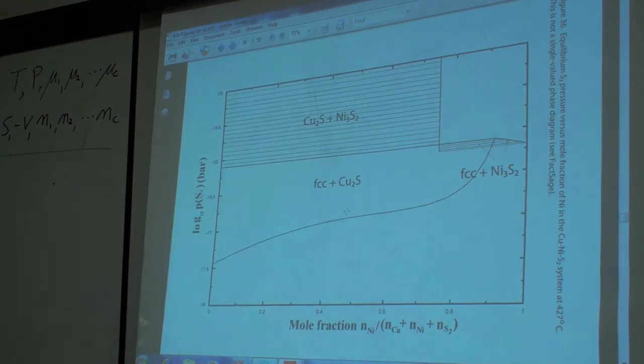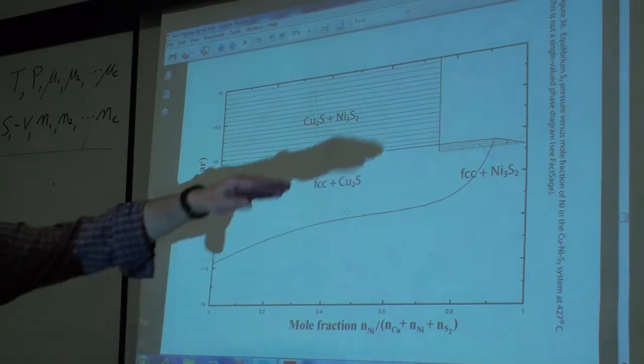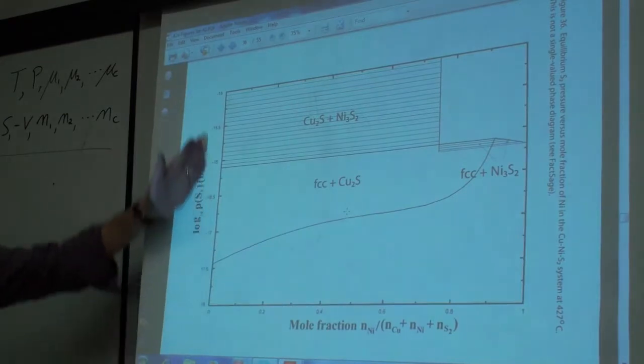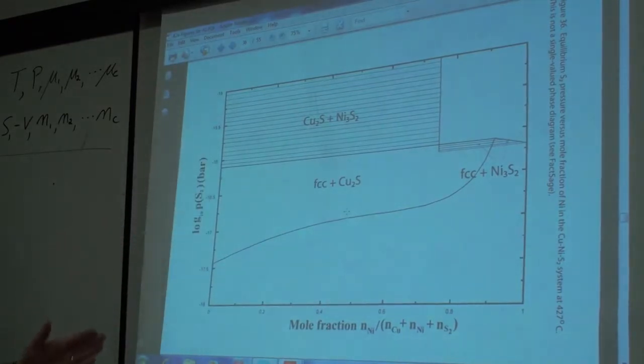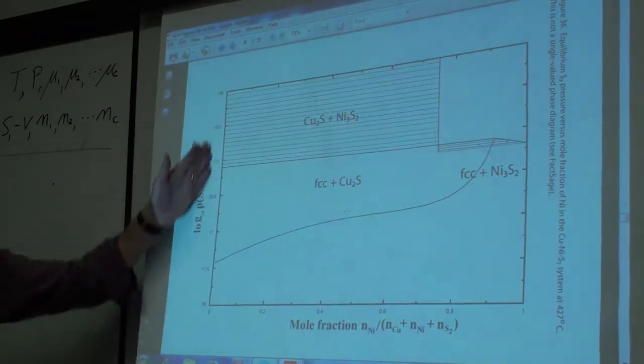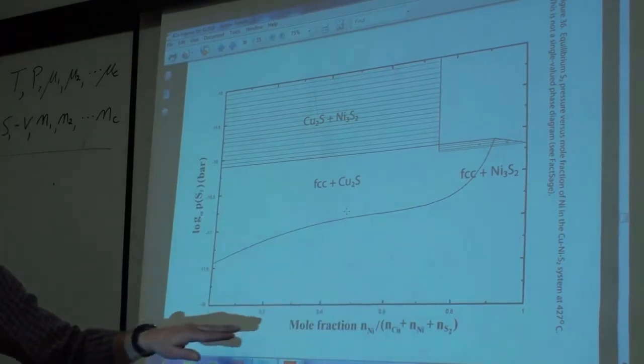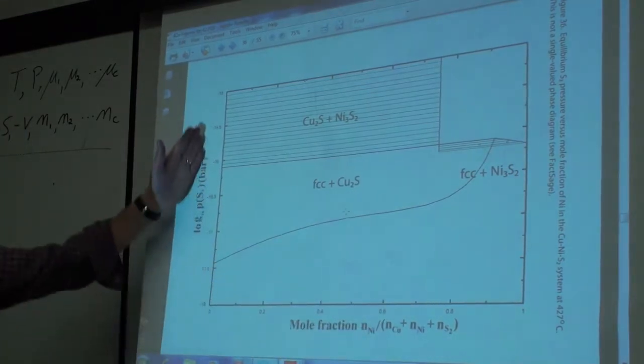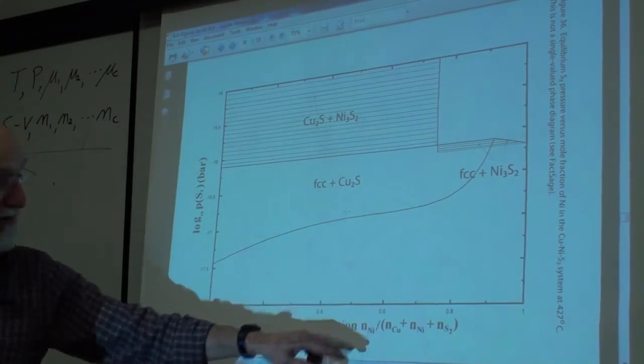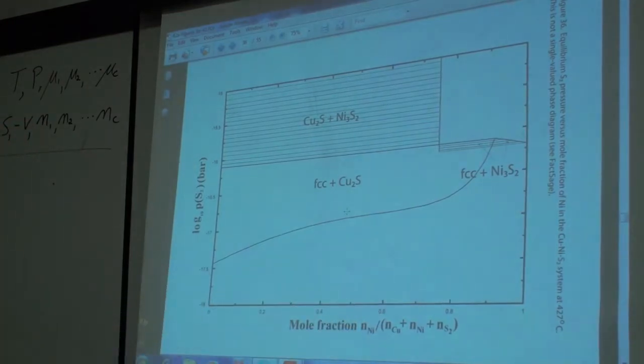Now this looks very similar. There I had iron-nickel-oxygen. Here I have copper-nickel-sulfur. There I plotted oxygen pressure. Now I'm plotting sulfur pressure. So what's wrong? There I plotted oxygen pressure versus the iron-nickel ratio, and everything was cool. Here I'm plotting sulfur pressure versus this composition, the amount of nickel, and it's not cool because I have